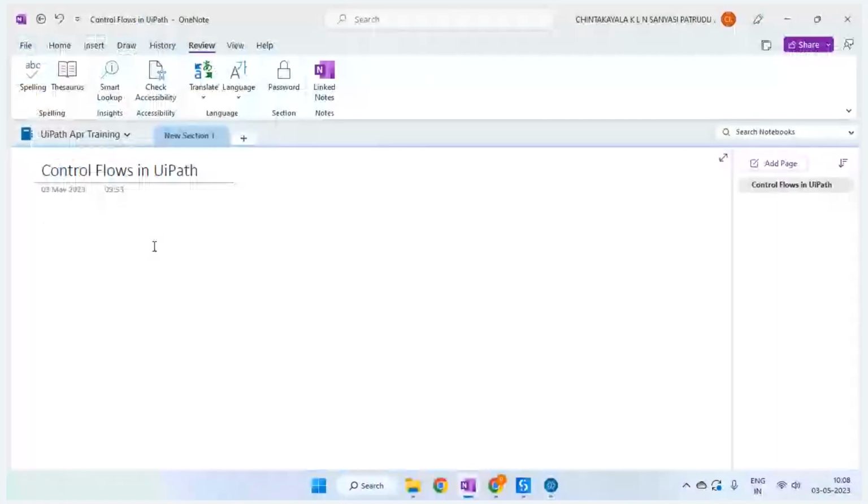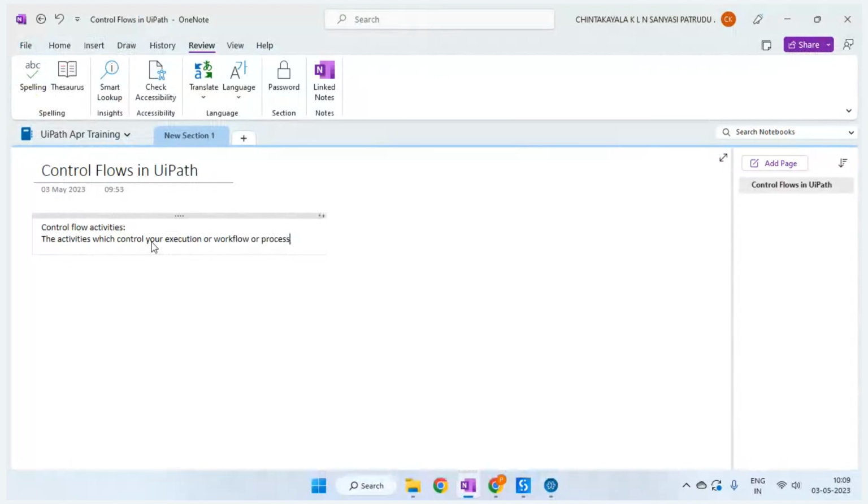Control flow activities. So what do we actually mean by control flow activities? Control flow activities are nothing but the activities which control your execution or work or process. Which means these activities will define how your execution should happen, how your flow should happen. And these activities are responsible for